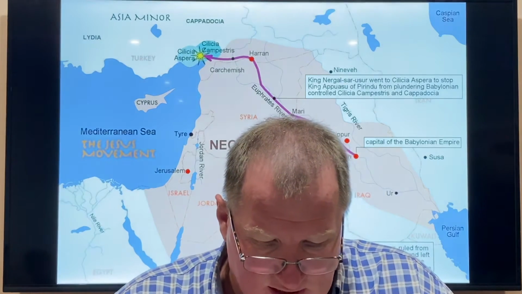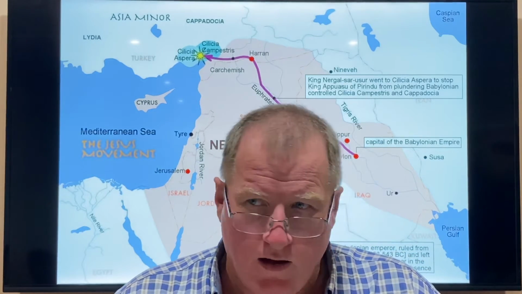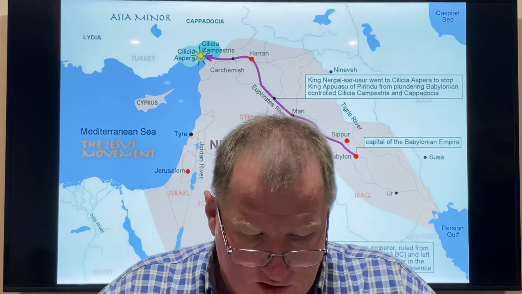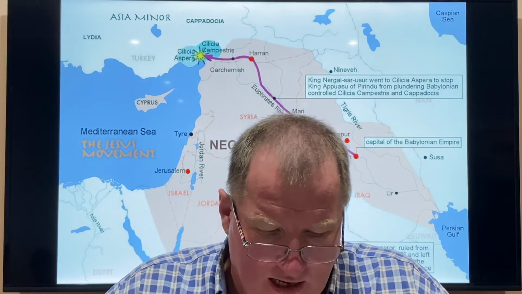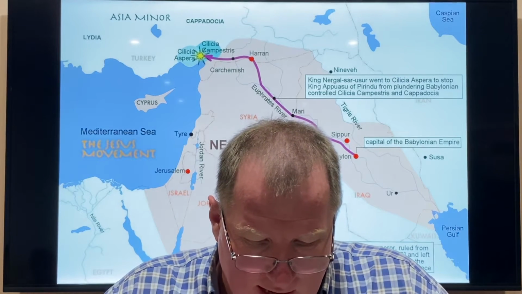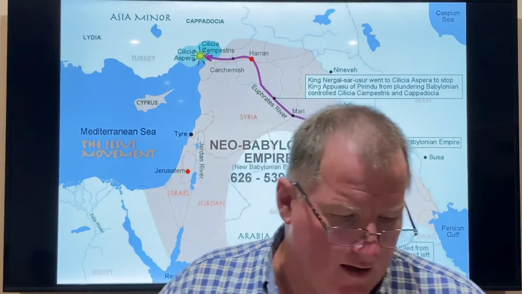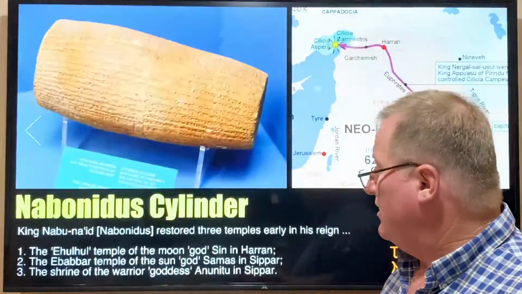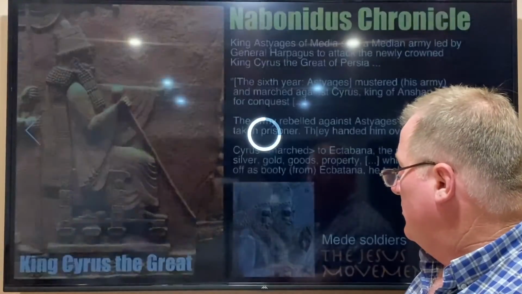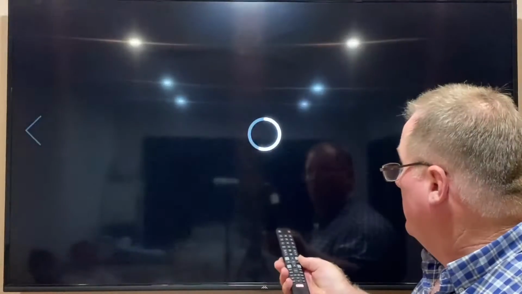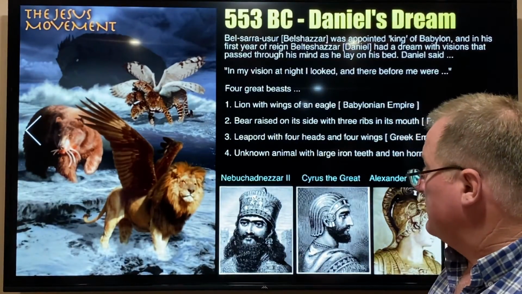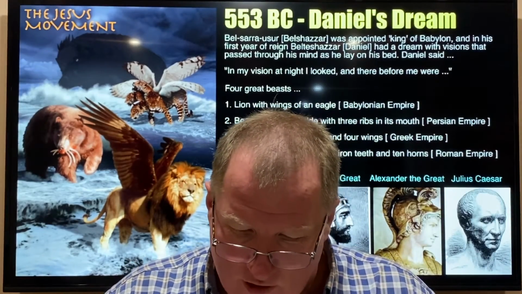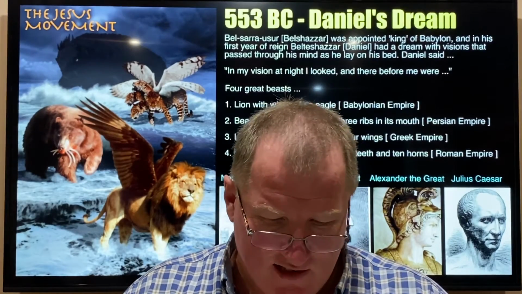So Belshazzar, as I said, was appointed the king of Babylon, not of the whole empire, but to rule Babylon. And in the first year of his reign, Belteshazzar, who is Daniel, had a dream with visions that passed through his mind as he lay on his bed. And so we're going to pass through this historical portion now into this biblical portion, and we're going to talk about the prophecies of Daniel. And so this is where you may have some learning, and we may be able to teach you and explain